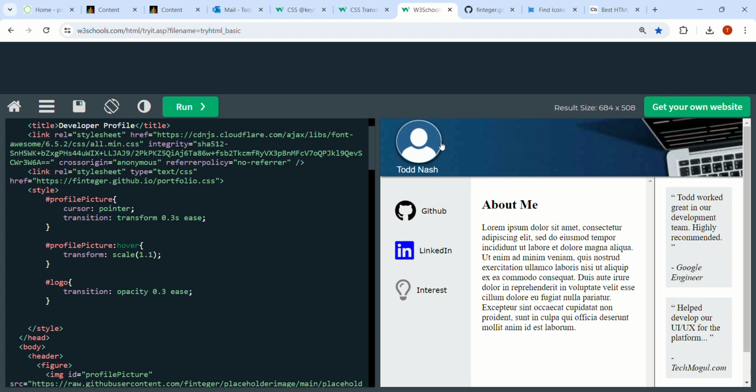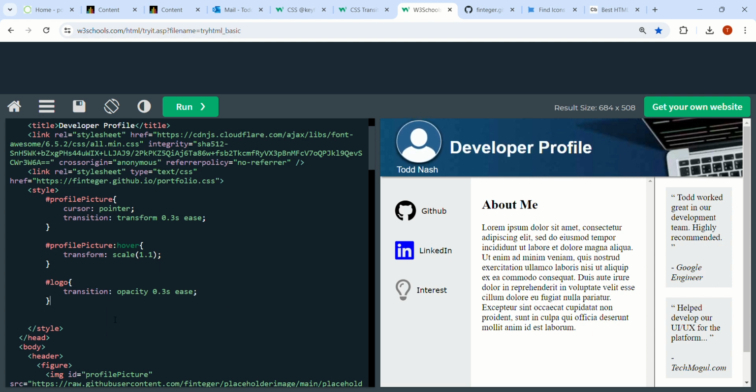And if you hover over it, we still have the same thing. But we can set the value a little bit higher if you wanted to. Oh, sorry, I needed to add an S for seconds. Make sure you have seconds there. And you can see if you run it, it's a lot smoother, just like our image or profile picture scaling up there. So now we have a nice smooth effect there, and you can leave it at that, but I